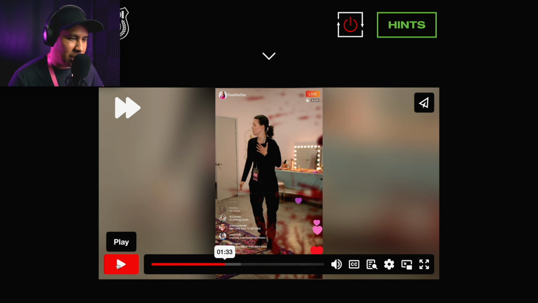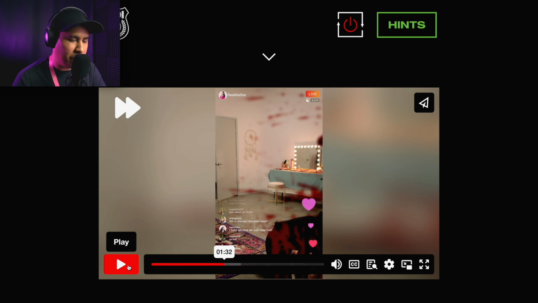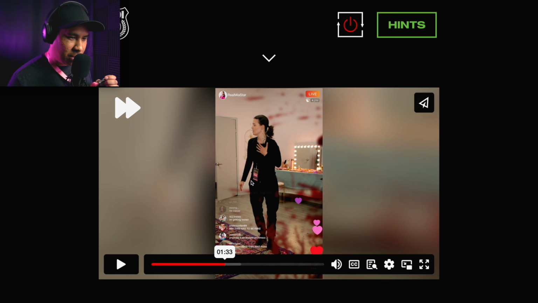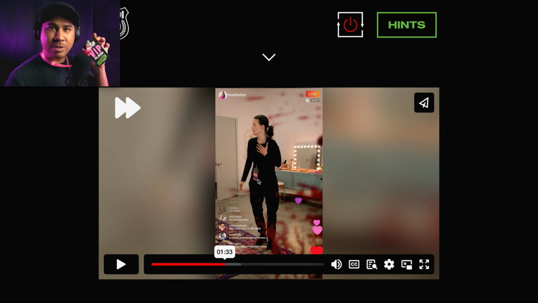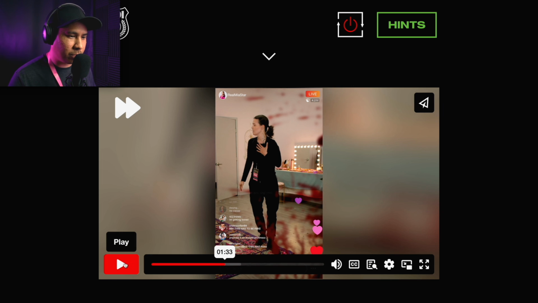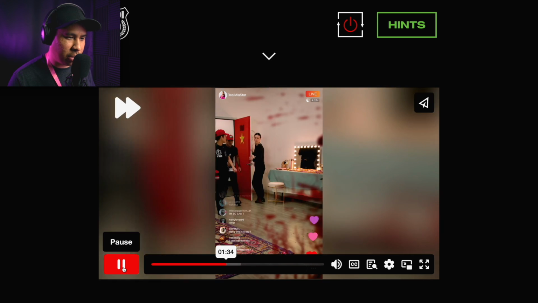Okay, who is this that comes in first? Is this the worker? Also, we get a clear shot of a pass. Doesn't look anything like this. This one is like pink, and then this one is all black. But this could be a different one because she's working there. Okay, she freaks out, calls.